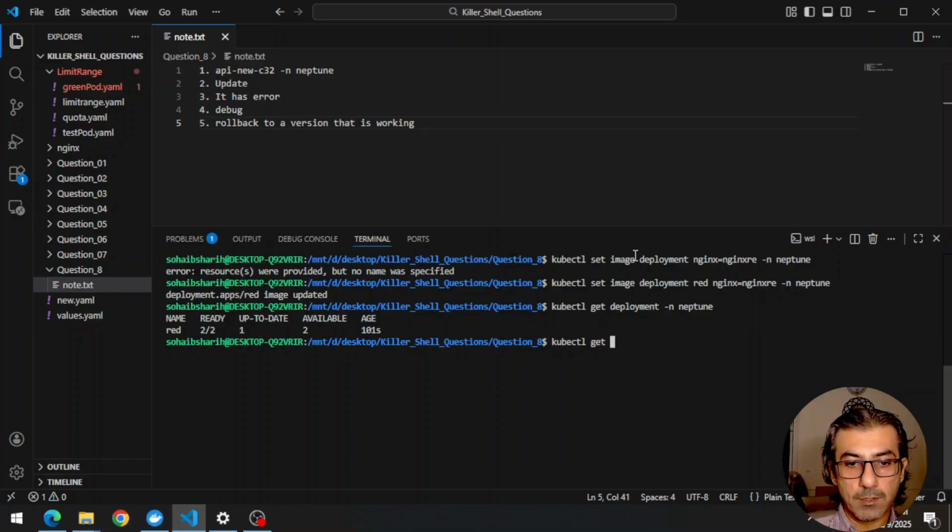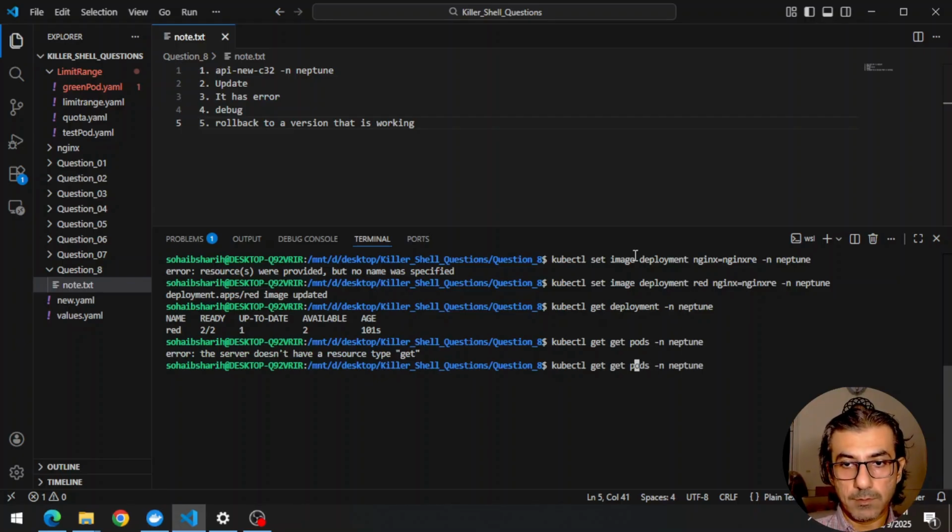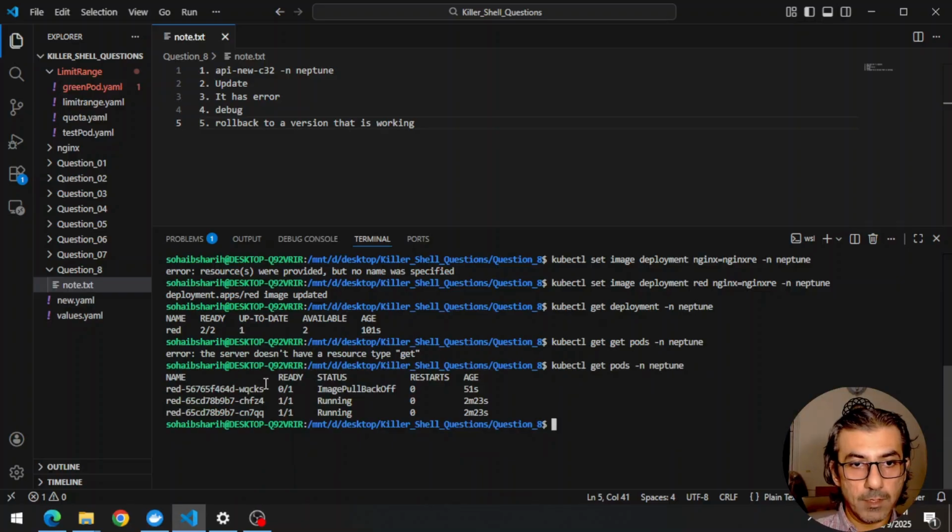Let's check the pods. It tried to create one and it didn't work and it has an error. So it's going to keep the previous ones running. So let me just show you